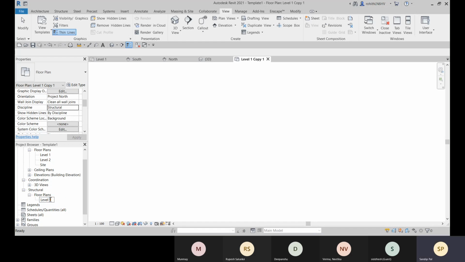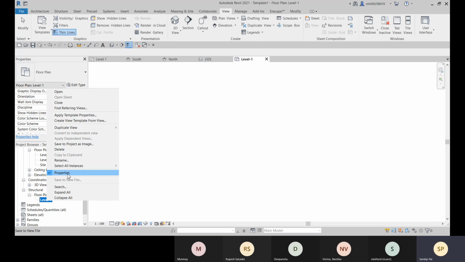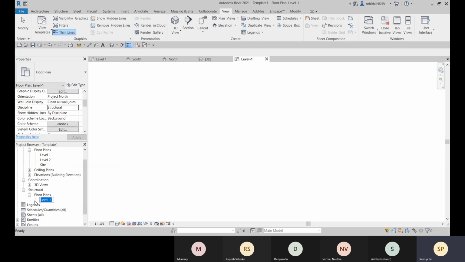Okay, so here we can give it level 1 dash or structure level 1. So this is level dash 1. So that is structure within this structure, or better you go with the rename, and there you give it structural level 1.